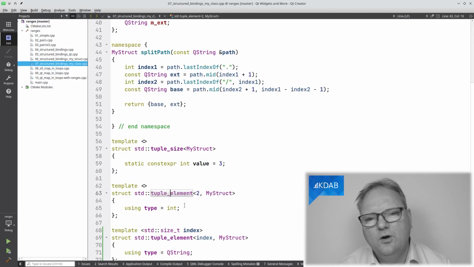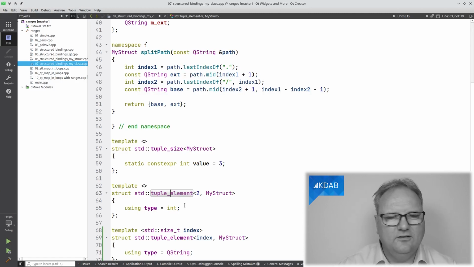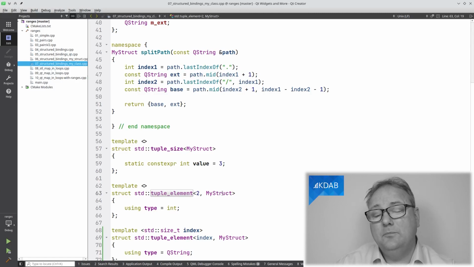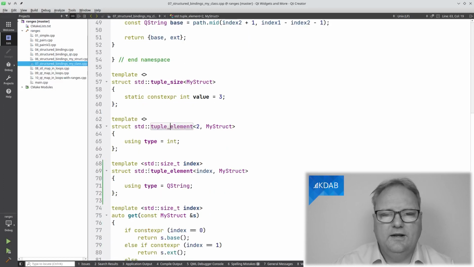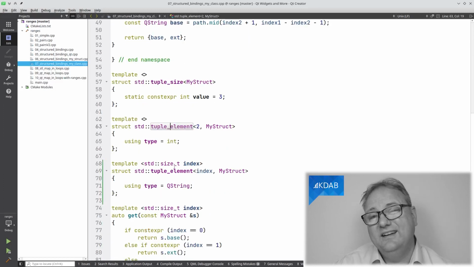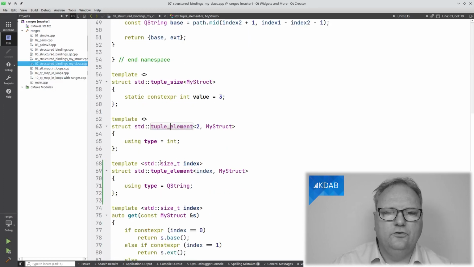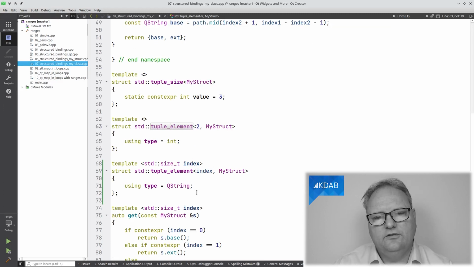If I have a MyStruct, I can simply go std::tuple_size<2, MyStruct>::type, and that's an alias for an integer. I could do this for 0, 1, 2, but I can also do the partial template specialization here of saying std::size_t index, and then they are both of them QStrings.